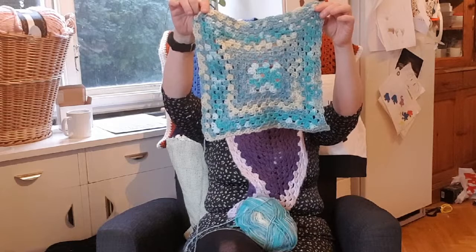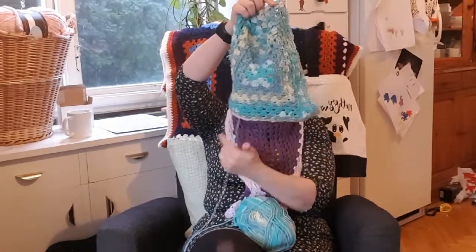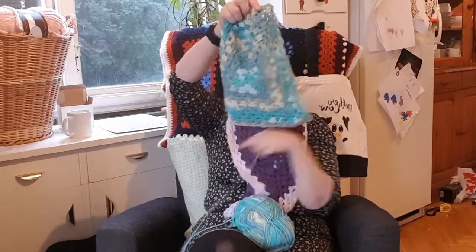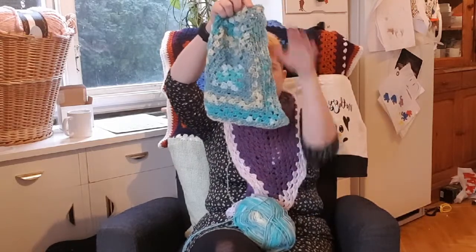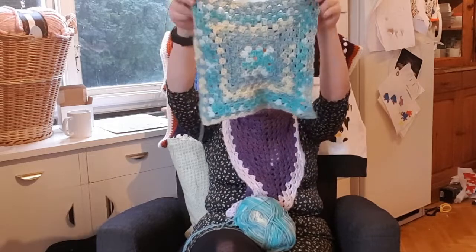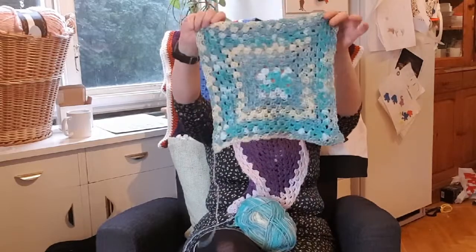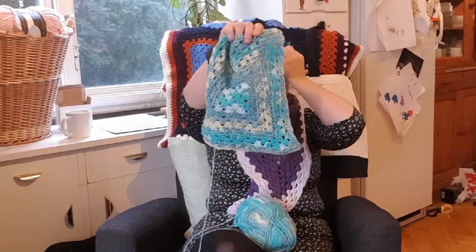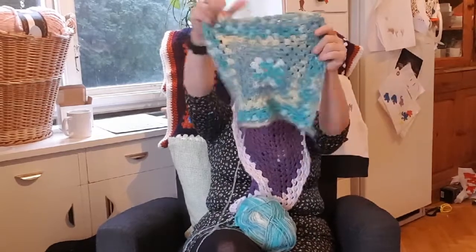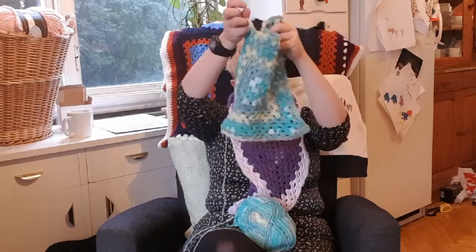And then just going in rows or rounds, I haven't decided yet, and making it a little bigger, just like Krista thought she would do on another thing she had going. And then I got a top, but I'm thinking perhaps sleeves, perhaps